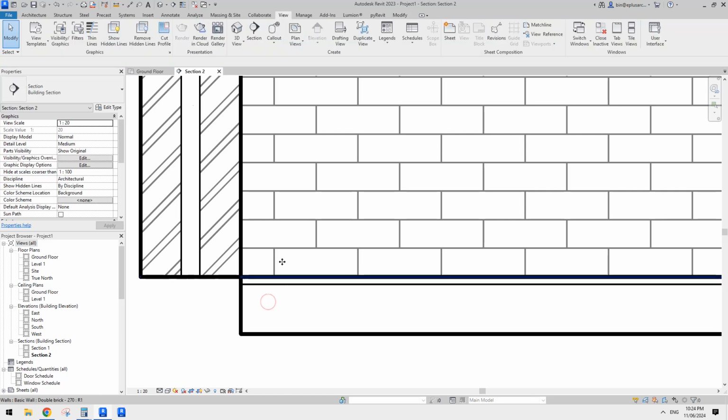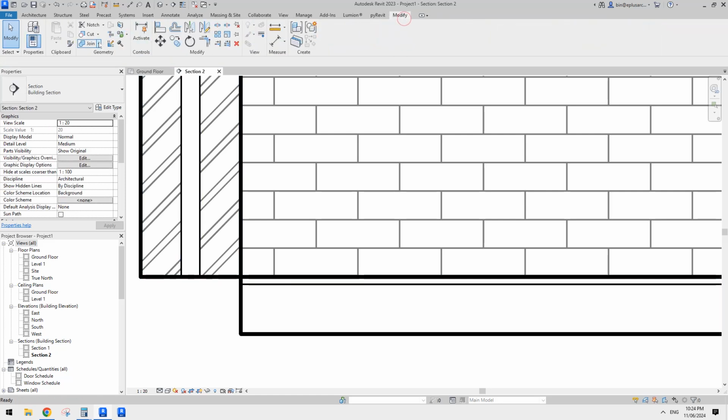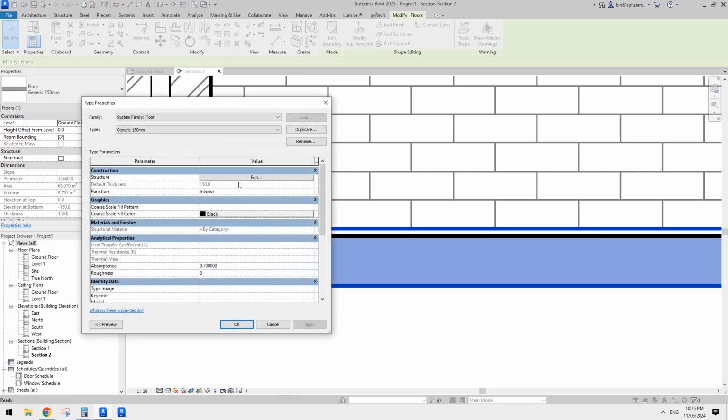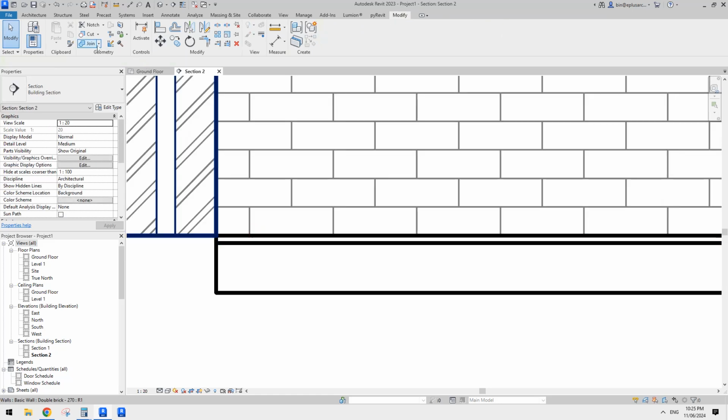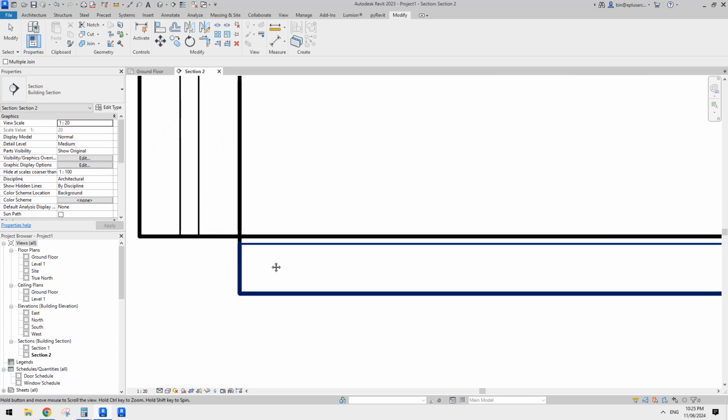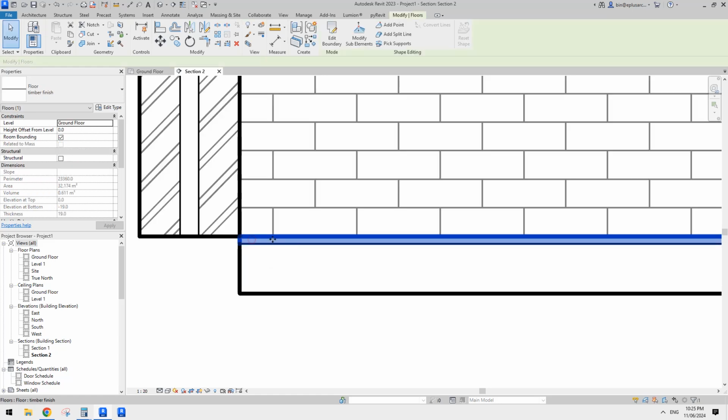That's the wall. If you do not use join geometry, if I click on join geometry, click on this, you will see now you have two floors overlapping, right? So overlapping floor. One is a generic floor, which is 150 thick, and the other one's finished. If you use join geometry, just make sure you click the one you want to keep first. If you click the floor finish and click the generic floor, so you will have this floor finish and generic